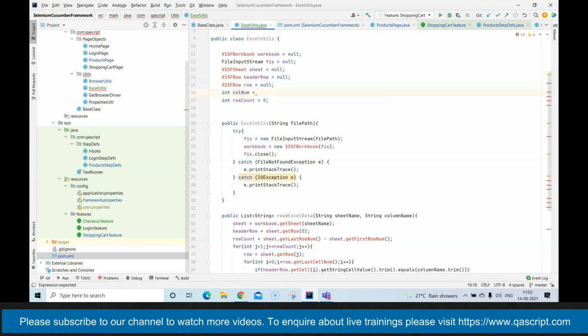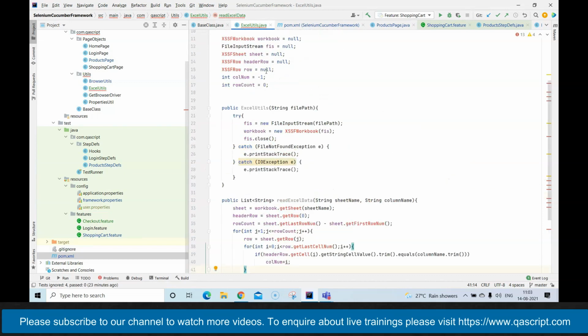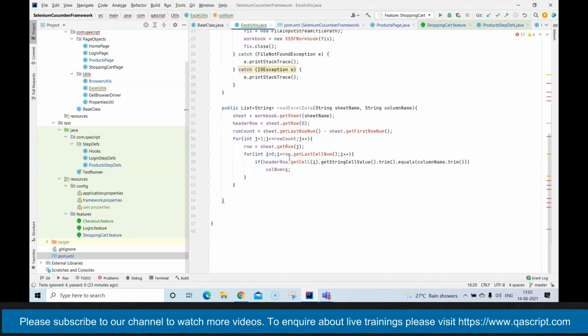Okay, so we'll start from start. Start from 0. Okay, so after this for loop, after we find the column number,